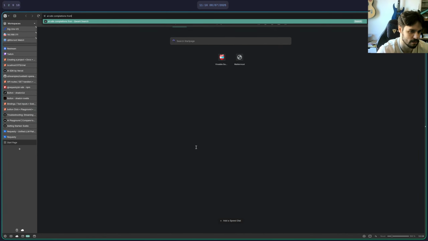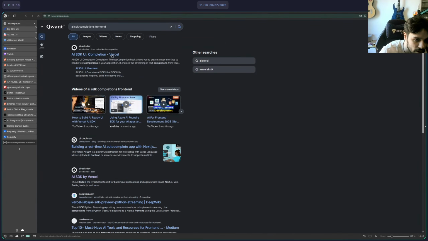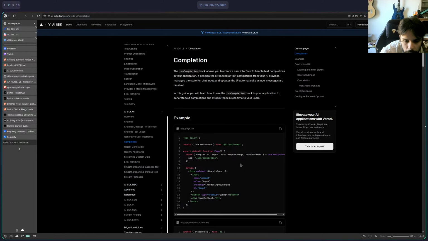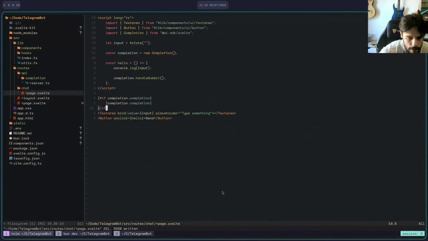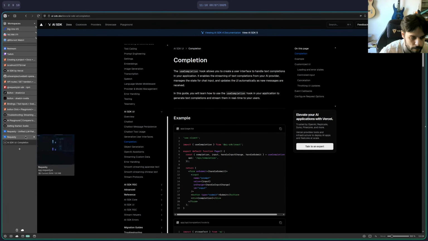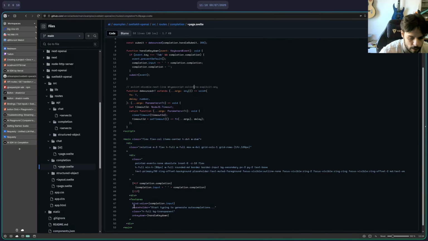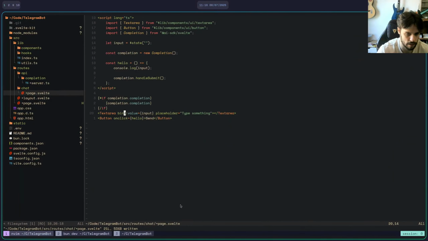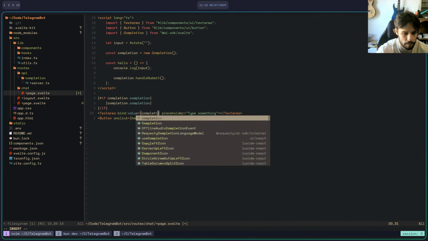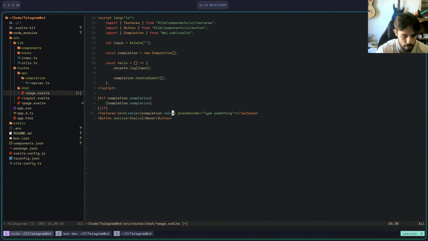ASDK completions front end. Let's have a look. Use completions, handle input change. Okay. Okay, so let's stick a little bit more to this type of style. So bind value is actually completion.value or input.